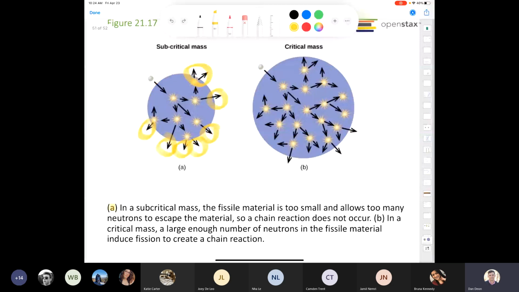But if all the neutrons are escaping, then they're not colliding with any uranium-235 atoms, and then you don't have a chain reaction, right? Because most of them are just escaping. Once you get to a critical mass, once you get to a critical mass, then you have enough material